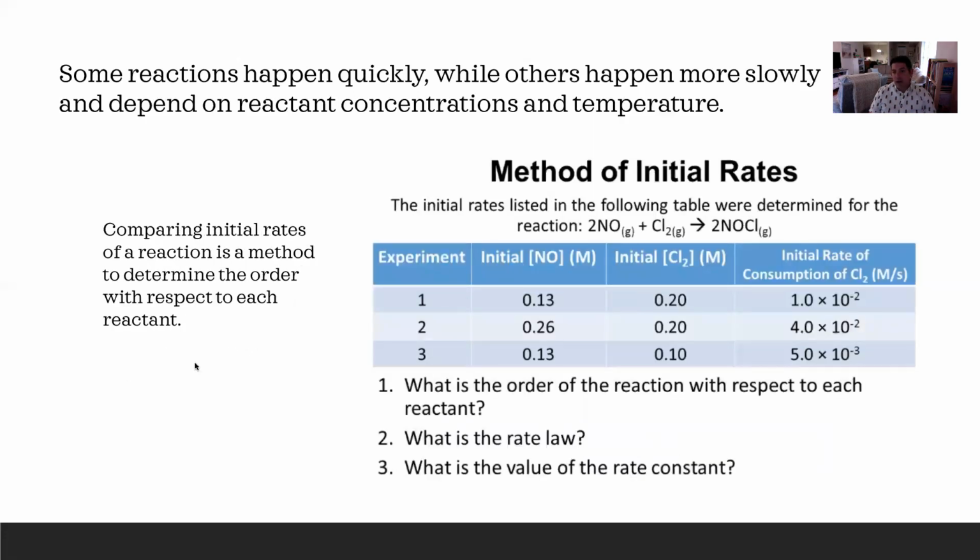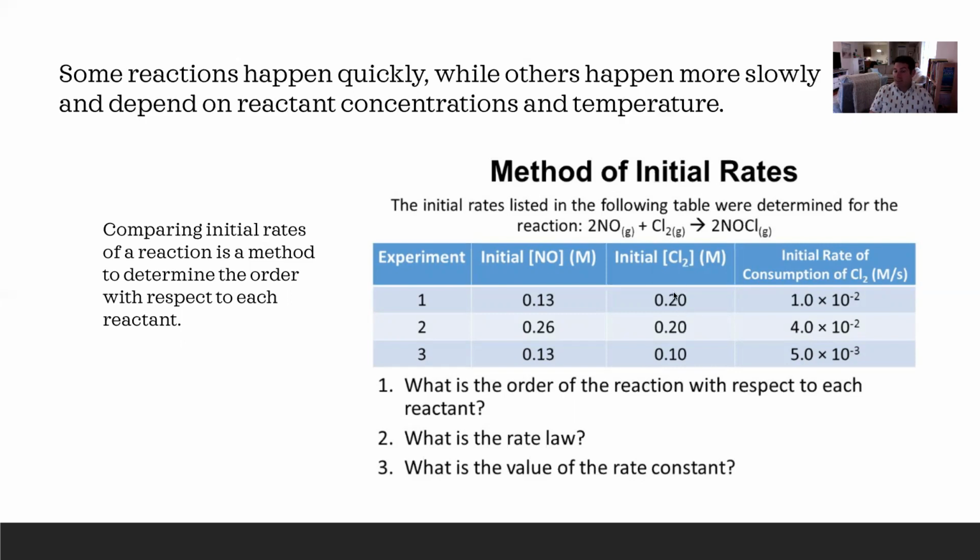All right, so now this is a pretty common question we have seen. Comparing initial rates of a reaction is a method to determine the order with respect to each reactant. All right, so what we are given is some data, right? Multiple experiments where the initial concentrations of each reactant are recorded, and the initial rate of the reaction is also determined. So the experimental design here is to try to have multiple trials with the same concentration for any one